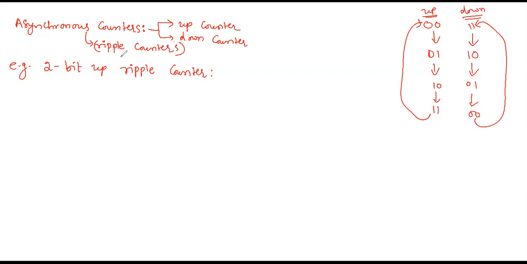This is about the up counter and down counter. You can design the ripple counters or any counter with any type of flip flops. You can use D flip flop, T flip flop, JK flip flop. A counter can be designed with any flip flop you want. The easiest one is T flip flop. So I am drawing with T flip flop. T, Q, this is clock. T, Q, clock. And we are using here negative edge triggering clock.